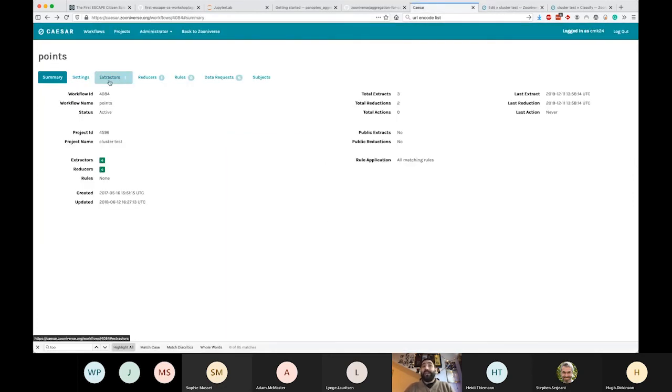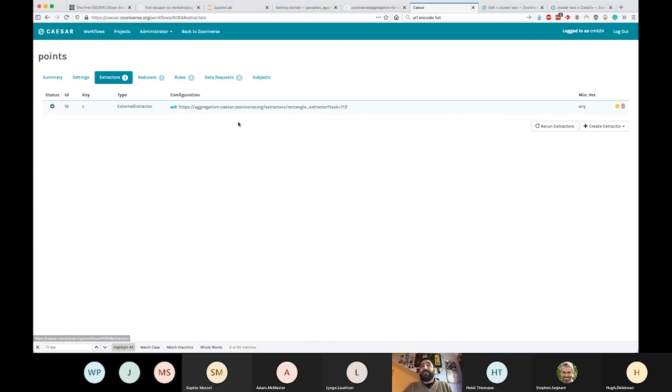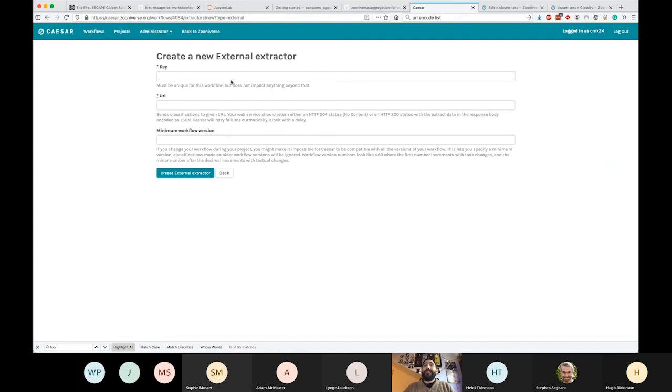For the extractor set, you can see they have extractors and reducers. It has the same setup that the aggregation code has. This was done on purpose so that these two can work with each other. For extractors, what we're going to be doing is creating what's called an external extractor. It's going to ask three different things. A key, which is your own internal key that you're going to be using. The reducer step is going to be referring back to this, so you can just create this. So we're going to say